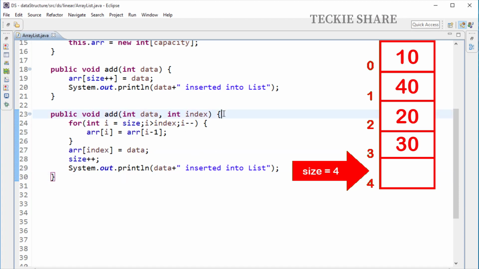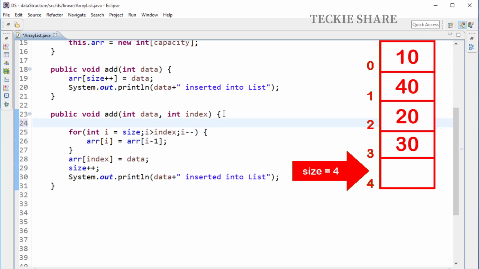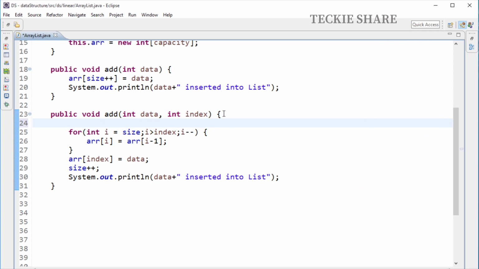Before checking these methods, I'm going to validate my index position. Suppose the given index is out of range, that is, if the given index is greater than my size minus 1 position, then the given index is out of range. In that case, I have to inform the user.